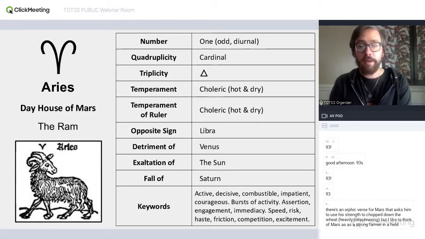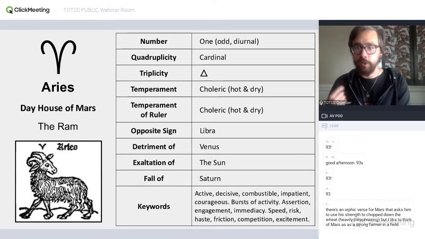All right, and then finally, Aries is the fall of Saturn. Saturn is exalted in Libra, and so is fallen in Aries. One way that we talk about why Saturn is exalted in Libra is because Libra is interested in fairness and harmony, and Saturn is about imposing rules and structure. And so if you're imposing rules and structure in a Libran sort of way, that's going to go well. You're interested in fairness and balance and harmony and making sure everyone's voice is heard. That's a great way of imposing rules.